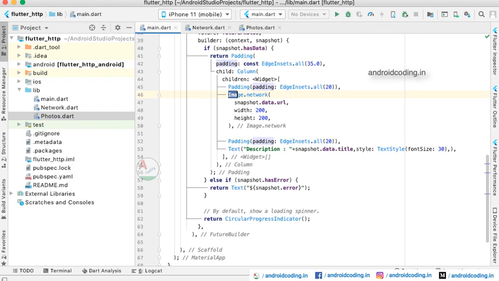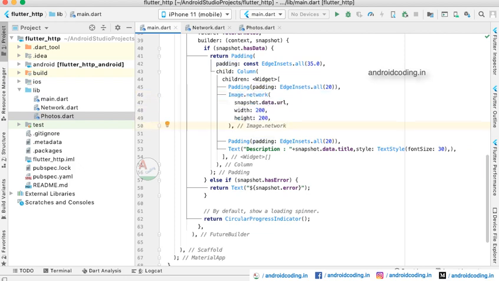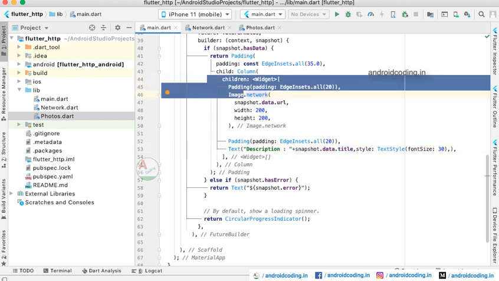The image will be loaded into this widget, and below I have specified some padding and also a Text widget. In the Text widget you can see we have provided data.title, so the description is being populated into this Text widget.